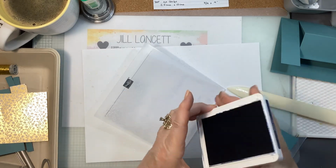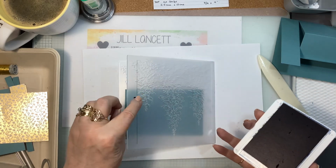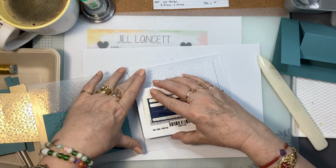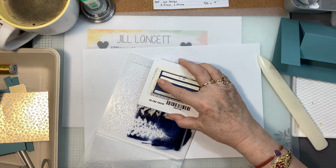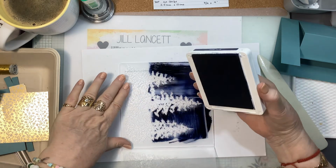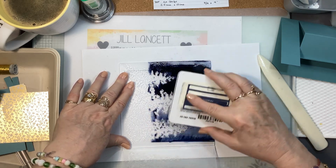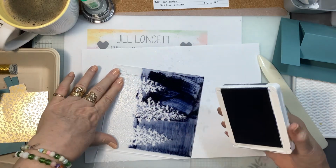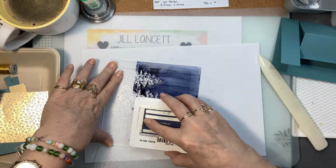So what I want to do is ink up my embossing folder. It's going to be the side where the Stampin' Up symbol is, but the back of it. And I want to make sure that, oh my goodness, that is so dark. Okay, this is going to be another one of those truly excellent Jill videos, isn't it? Hang on. Hold your horses, honey. So I'm going to just ink this up. And look, it is messy. You are going to get messy. I can't help that. But if you do it kind of on the edge, you can...